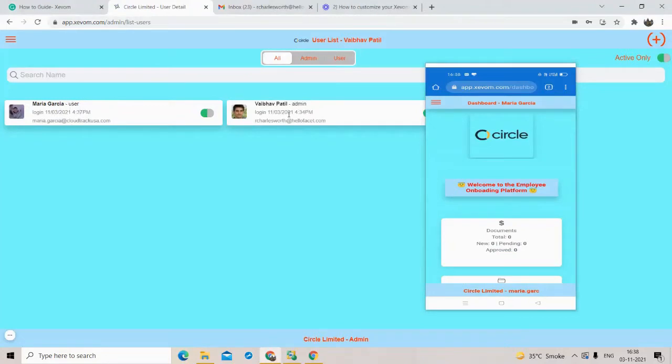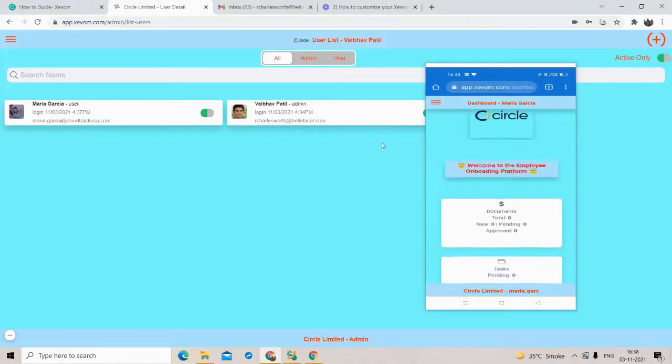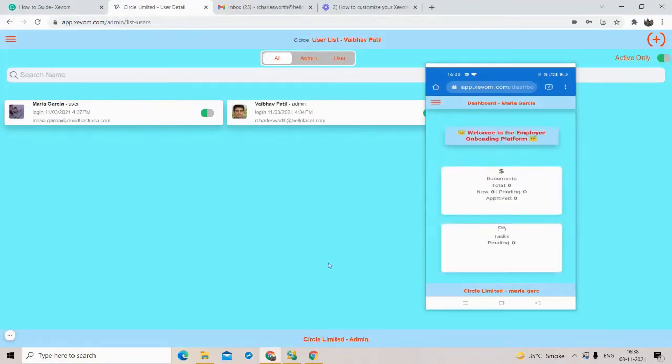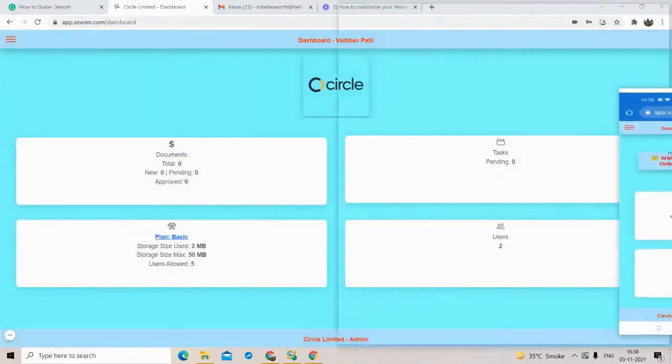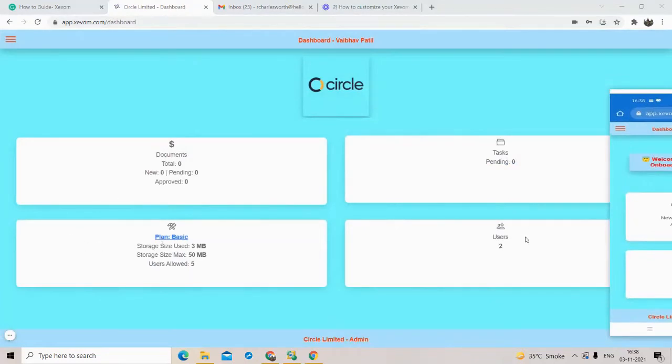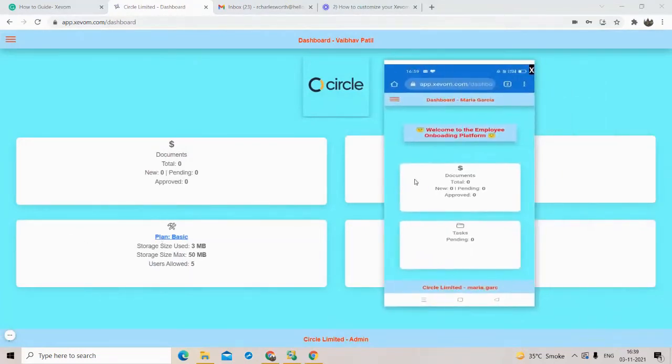So this is how the process of adding the user looks like. As you can see on my PC, on the dashboard of the admin, there are 4 tabs: document, tasks, plans, and users. But on the user section, there are only 2 tabs, one is document and tasks,